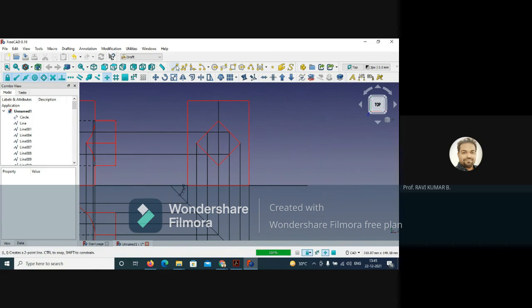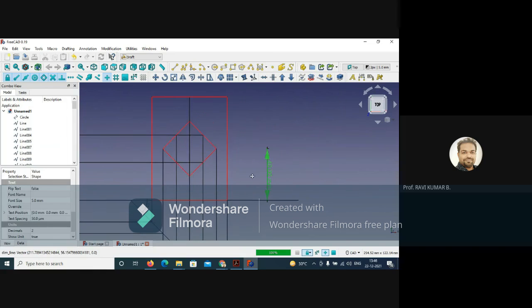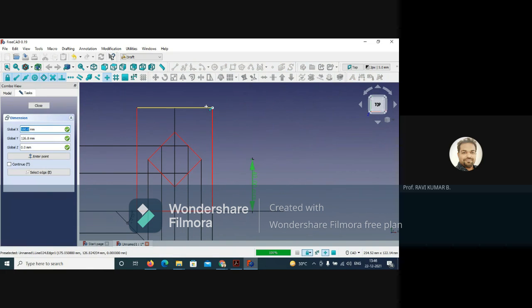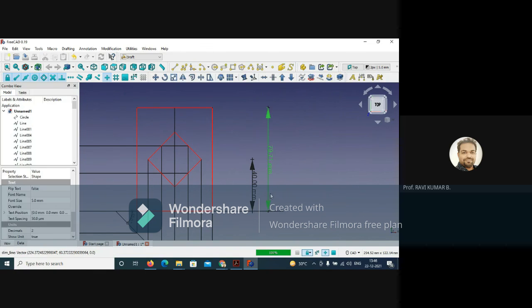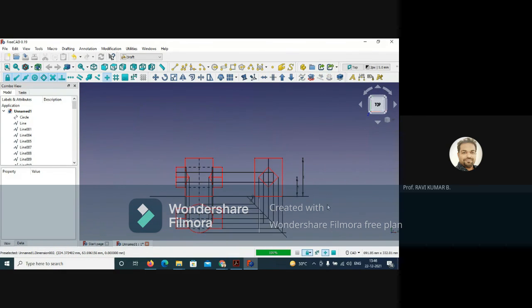Now final dimensions. Dimensions everyone knows how to do. So from this point up to this point, one dimension you keep, and the last dimension from this point up to this point you can keep it over here. And you change this to double decimal place, and this will get to 80, and make it false. And this also you can go here, change it to 0, and this is false. So this has been 40 and 80 you have created.